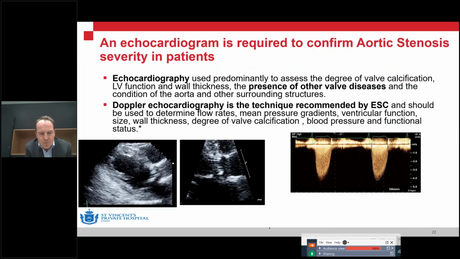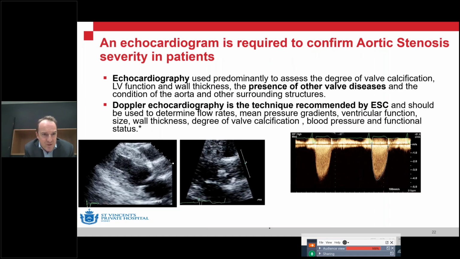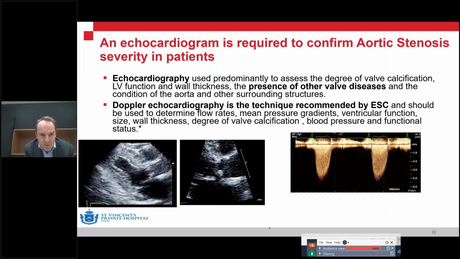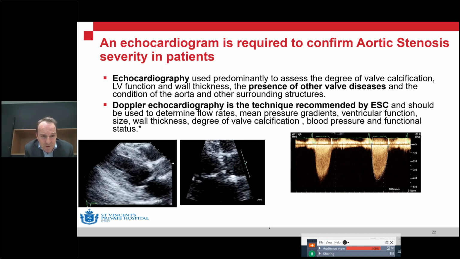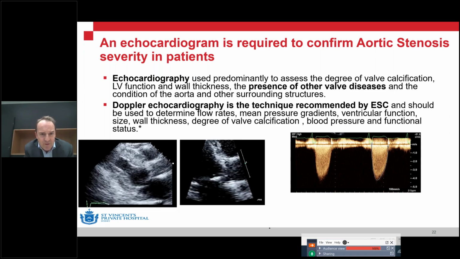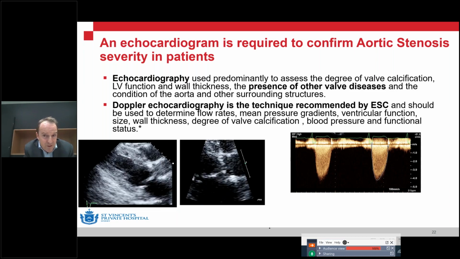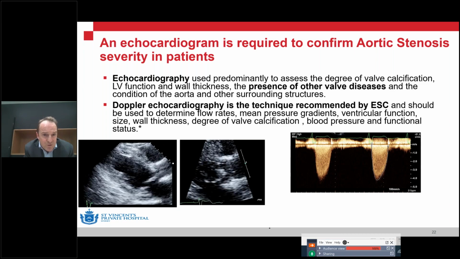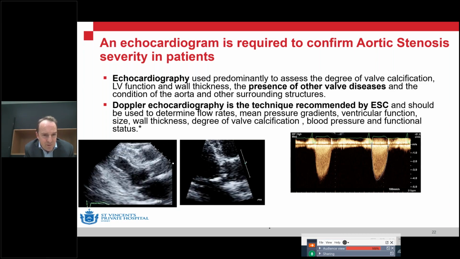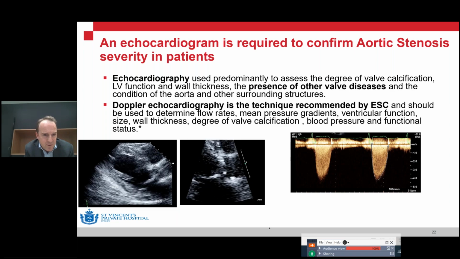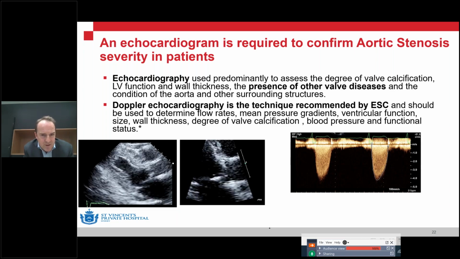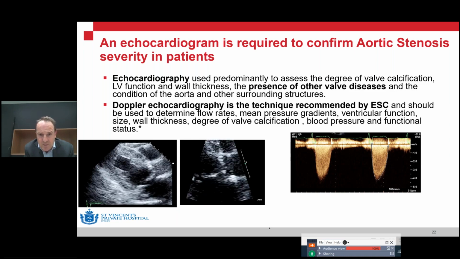So to really get a definitive diagnosis for aortic stenosis, we like to get an echo, and that's really the gold standard. It's used to assess the left ventricular function, the degree of wall thickening that may ensue from the narrowed aortic valve, as well as the presence of other valvular diseases, and of course the actual state of the valve itself, whether it's heavily calcified or bicuspid, or there's any other pathology going on there. You can see on the left-hand side the moving images, and on the right-hand side, the Doppler echo is actually how we determine